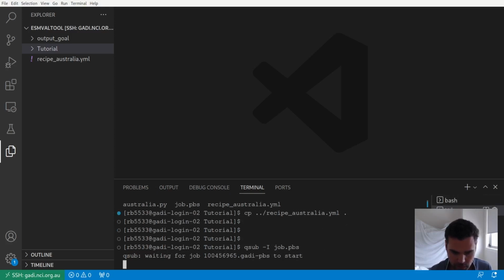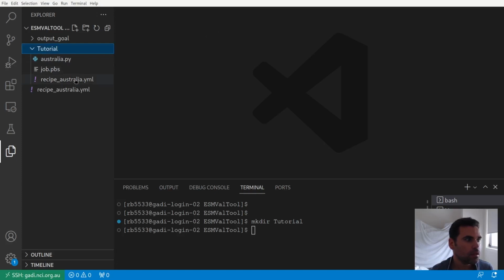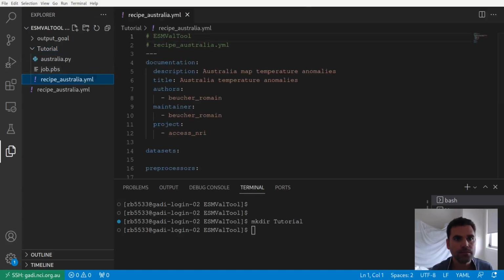We can go back to our other terminal on the login node, and I'm just going to reopen the recipe of Australia. Okay, so now next section. Sorry, we need some datasets. So for datasets, we're going to use